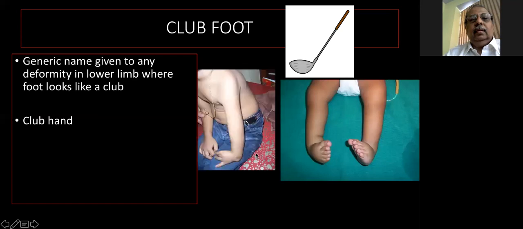The club hand is a similar deformity where the hand looks like a club. So that is what is called the club hand, which is seen in radial